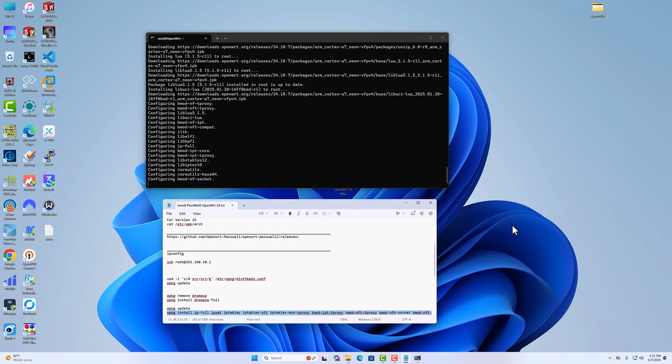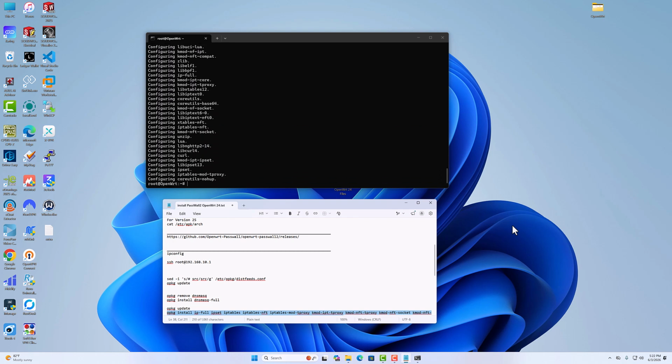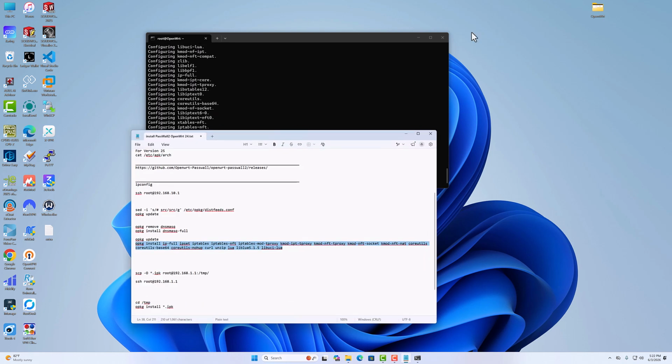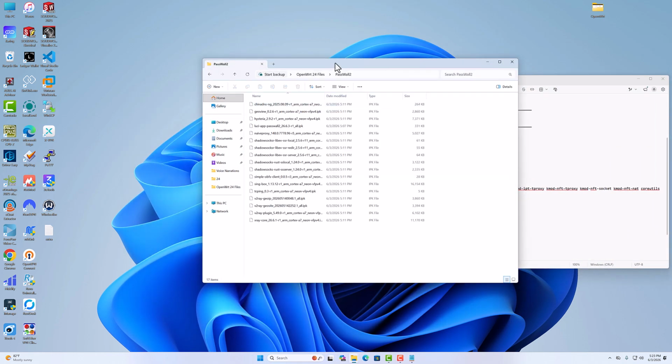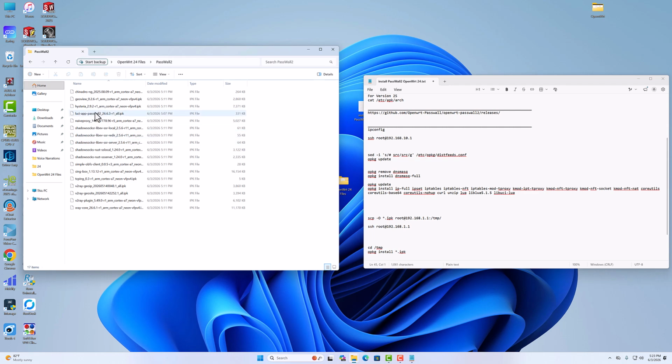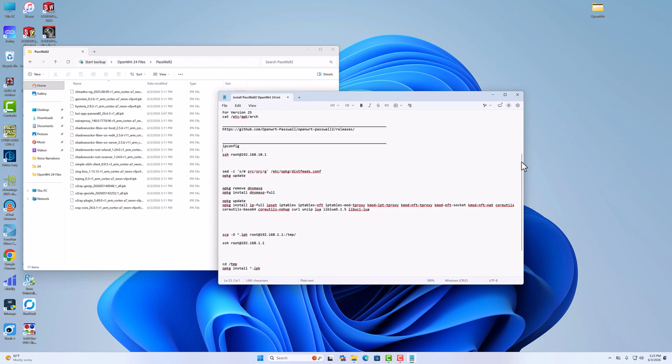Okay, after all packages are downloaded, it's time to transfer the Passwall 2 file along with its required files to the router and then install them. So again, come back to the Passwall 2 folder. Now guys, we will transfer all of these files to the router. So to do it, we need to again connect to the server, but this time with this command. Let me tell you, with this command, as you can see, you must replace your router IP address